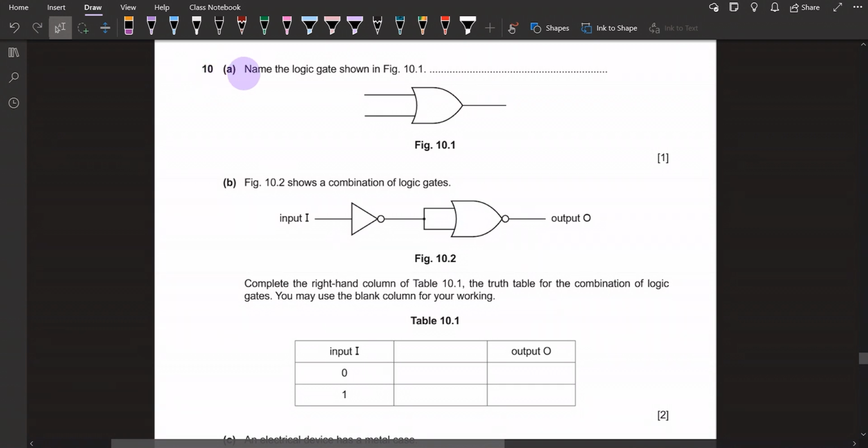Question number 10. Part A says name the logic gate shown in figure 10.1. And as we can see here, it is OR gate. We can just write OR gate. Part B says